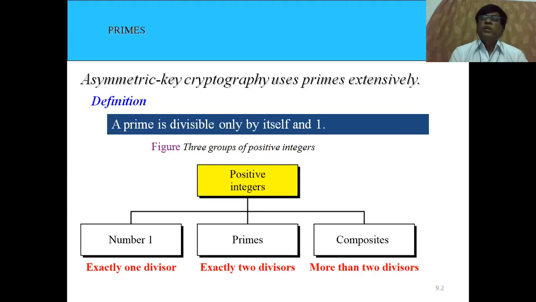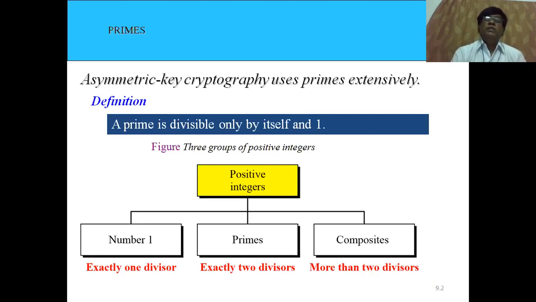So that's why here the messages, all the characters, are converted into numeric values. And at the time of encryption and decryption, we use numeric key values, mixing the actual plain text numeric values and the key. Different operations are performed on those values, and finally we get the ciphertext. That's why here we should know about prime numbers.